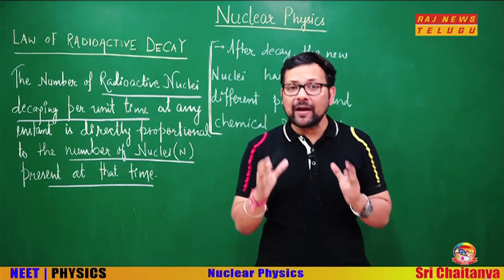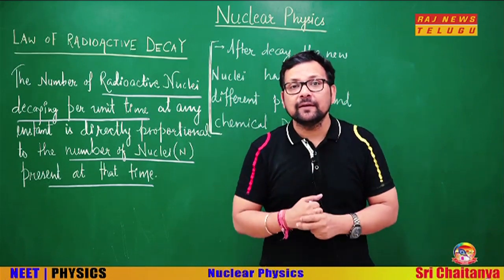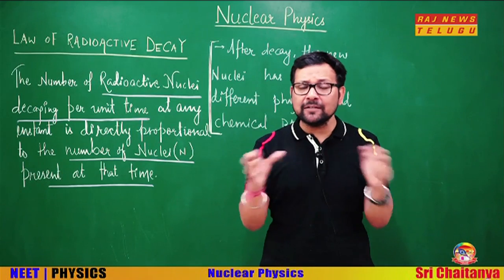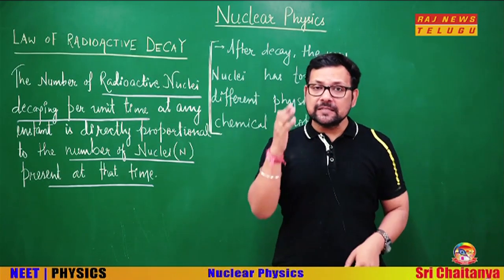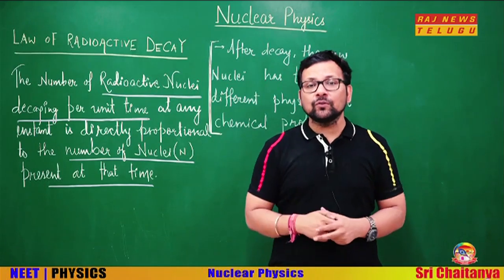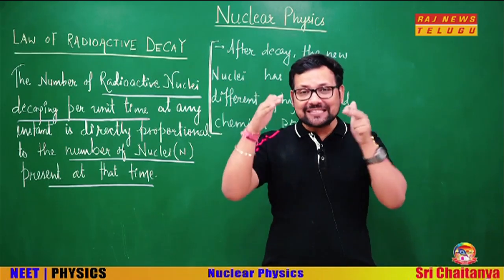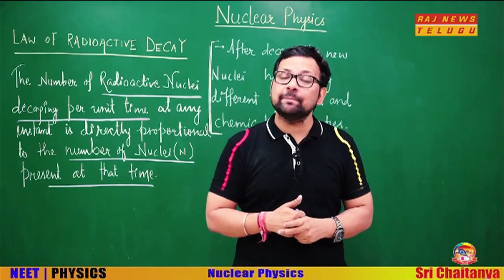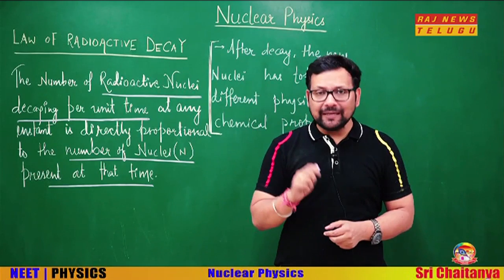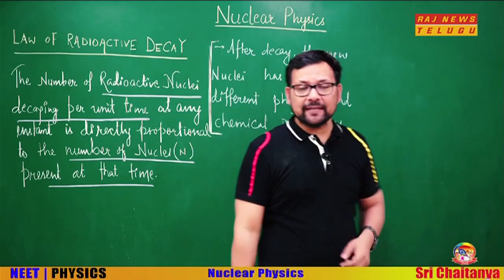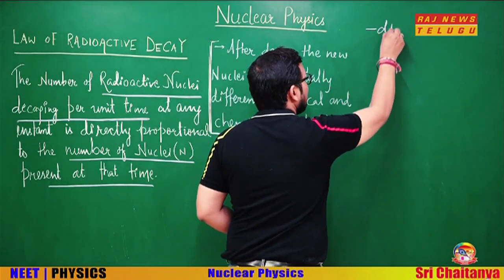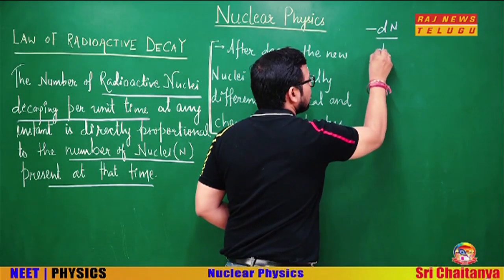And on what factor does it not depend? It does not depend upon the external conditions. Doesn't matter what the pressure outside is, doesn't matter what the temperature outside is. The only factor on which the rate of disintegration of a radioactive nuclei depends is the number of nuclei present at that time. So mathematically, we should write this as minus dN by dt